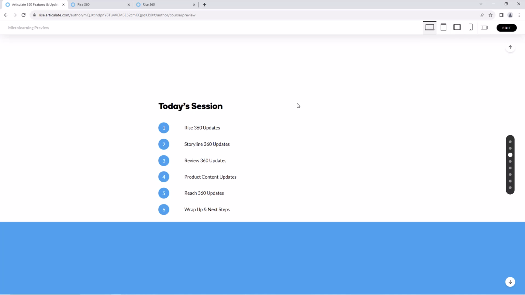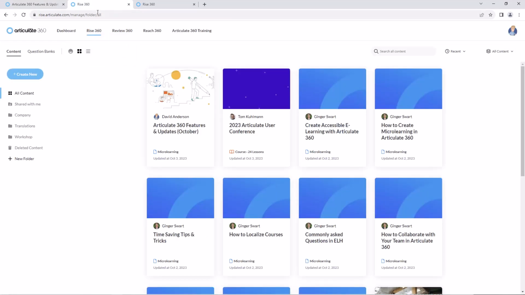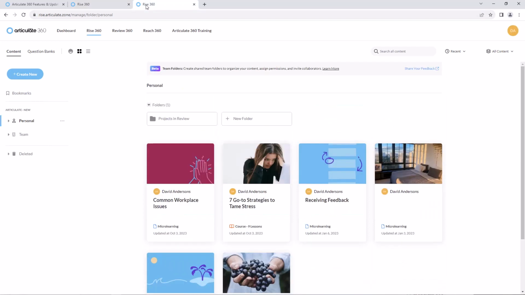All right, so with that, let's go ahead, and I'm going to jump into Rise 360. So I need to get out of here and get into Rise. Well, this is what your Rise dashboard looks like today, but I need to go to a different location. This is what you'll see tomorrow in the updated Rise dashboard. So a couple new features here. Again, this isn't available for you today, but this will be tomorrow. And there's 2 big updates here I want to highlight.